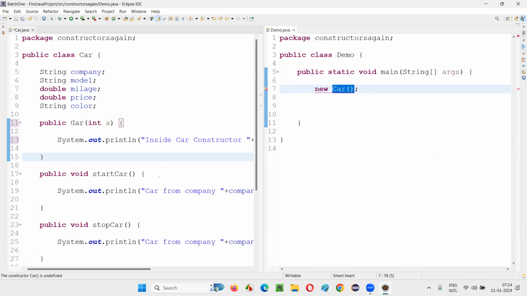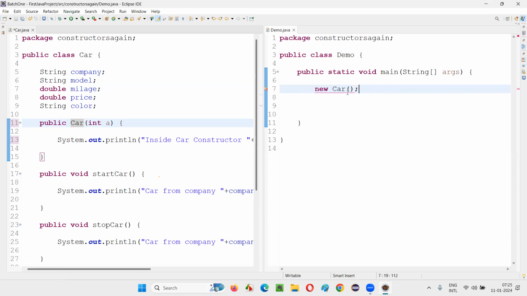Yes. This constructor, there is no argument. Earlier, this constructor doesn't have any parameters. Like a method, a constructor also has parameters. This constructor is now having a single parameter, so I need to pass the arguments, right? While method calling, also the same concept, right? If you're trying to call a method which doesn't have any parameters, I can call the method the same way, without passing any arguments.